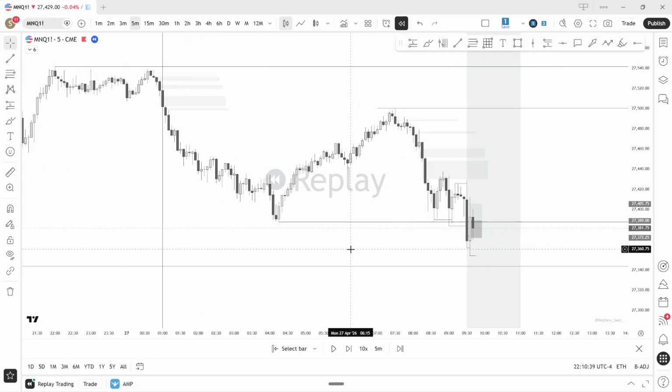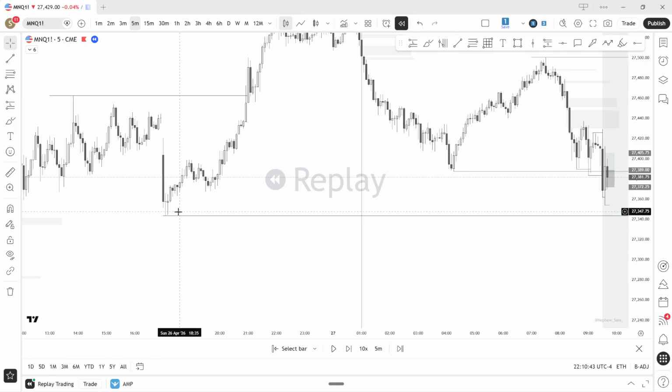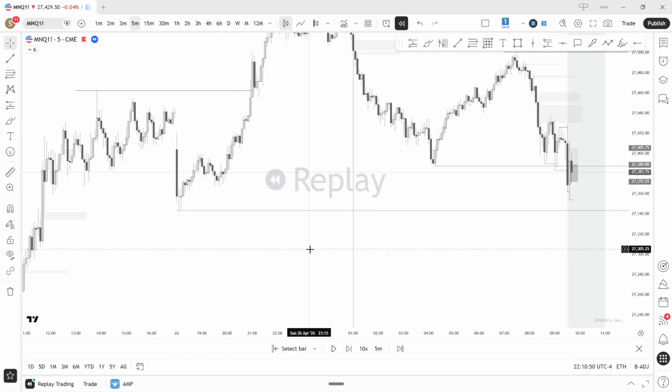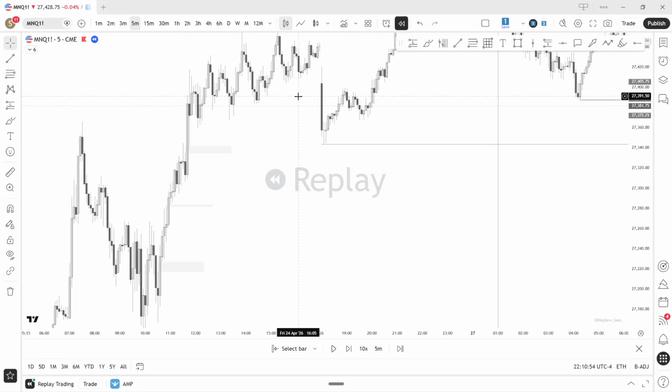And the biggest thing for me was, if we're sweeping liquidity, I don't really want to see old lows below us unless we have some timed lows swept out. I don't want to see this low. I want to see this get taken before we start running up, because we're looking for major liquidity points. So this is a major liquidity point.